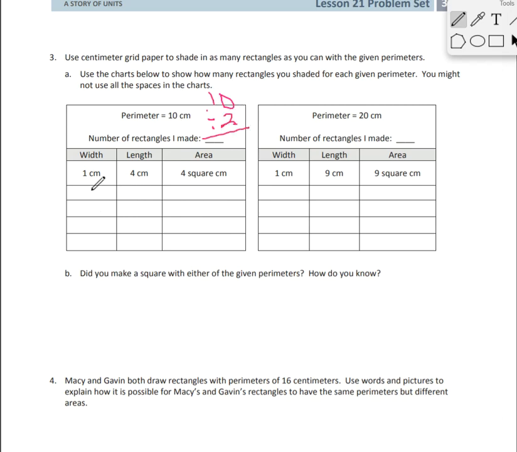So it's saying that our two sides are going to add up to 5. So 1 and 4, yep, those 2 sides add up to 5. So the next thing that I can think of that adds up to 5 is going to be 2 and 3. So that is going to give me an area of, here's my width, here's my length, 6 square